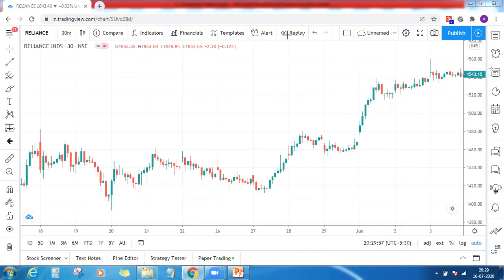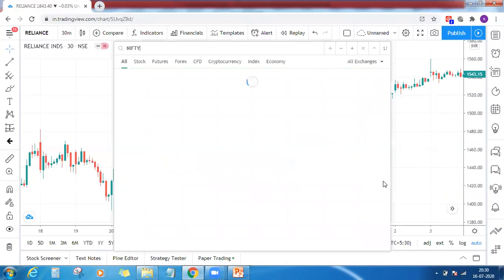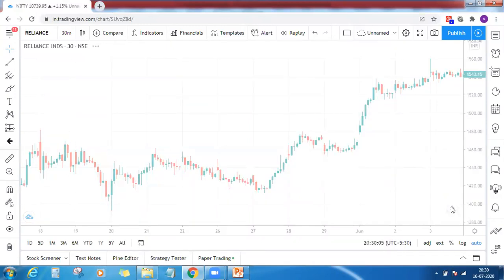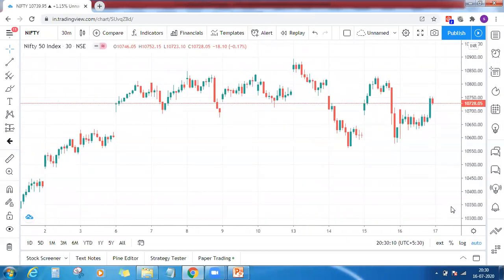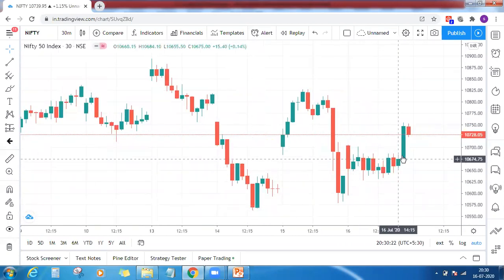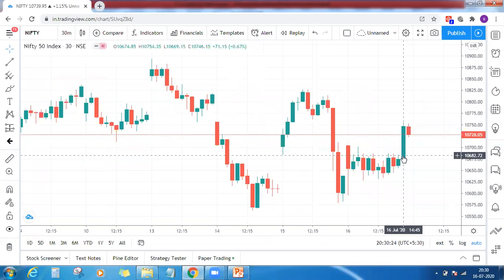Sir, can you hear me? Yes, I can hear you. Sir, can you just open today's Nifty chart? I was discussing this on WhatsApp as well with Ronak sir. So see sir, today what happened is it opened gap up and then there was huge selling. After that it tried to breach and all, it did not go through and it went into consolidation and finally around 3 p.m. it breached today's high.